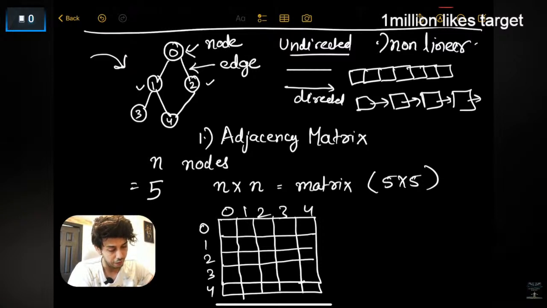वाले सेल में, 0th रो और 1th कॉलम, उसके बीच में आप एक नंबर भर दो, कुछ भी भर सकते हो। आपको बस एक रिप्रेजेंटेशन चाहिए, 1 भरो, 2 भरो, कुछ भी भरो, आपको वो कोड में समझ में आना चाहिए। तो फॉर एग्जाम्पल मैं अभी उसमें 1 भर देता हूँ। अब मेरे को पता है कि 0 to 1 एक एज है, सेम चीज मैं 1 to 0 के लिए भी बोल सकता हूँ कि 1 से 0 के बीच में भी एक एज है, क्योंकि ये एक अनडिरेक्टेड एज है, राइट। तो मैं 1 और 0 के बीच में भी सेम वैल्यू भरूंगा।